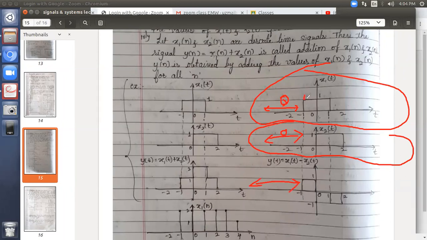Now taking one time at a time, between -1 and 0, let's see what is the amplitude. Here the amplitude is 1. And what is the amplitude between this two? You don't have any signal. Signal is starting from 0 only. So here no amplitude, 0. So what is 1 minus 0? Right? Earlier case we have taken 1 plus 0 because we were adding the signals. Now we are subtracting x1 minus x2. So the amplitude of x1 and amplitude of x2, they should be subtracted. 1 minus 0, it is 1 only. So doesn't make a difference.